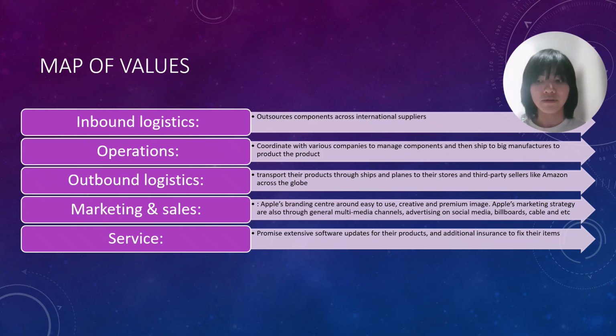in order to manufacture the end product, which is the iPhones, the iMac, the tablets, and then to the outbound logistic where Apple would ship all of these devices to the main inventory place, which then transports to the Apple Store from numerous different countries.